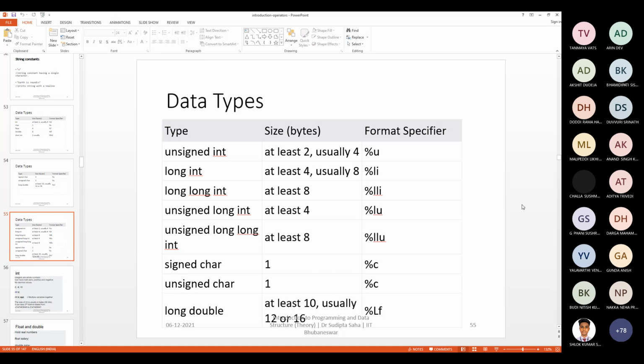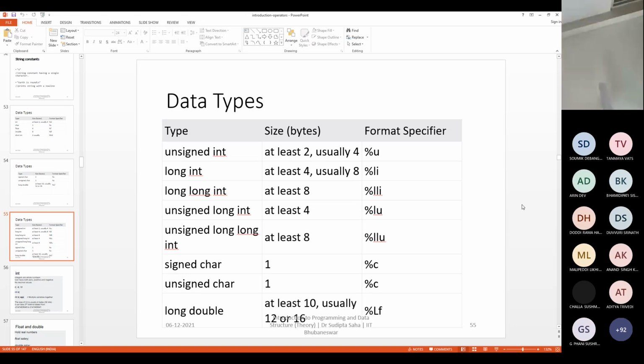Knowing how many longs are possible is not mandatory for all of you, because in most cases you will do your programming quite well using a single long. But it's a curiosity: how many longs can we add together? What is the biggest number that can ever be represented using C programming? You can try to answer that. Second, if you apply a single long, what is the maximum number you can represent? If you don't add the long, what is the maximum or minimum possible number you can represent? These are the questions you should answer. You are going to answer them in the coming lab.